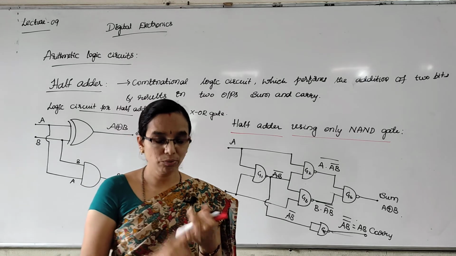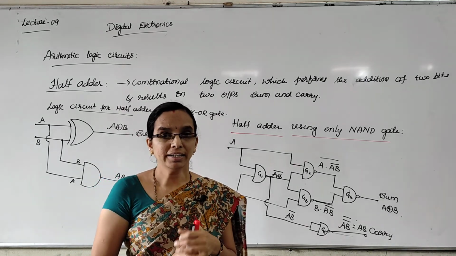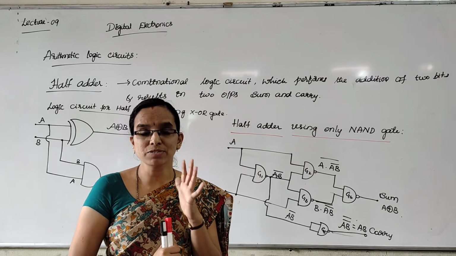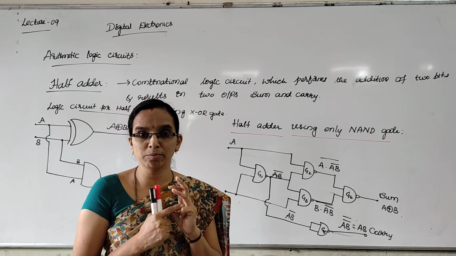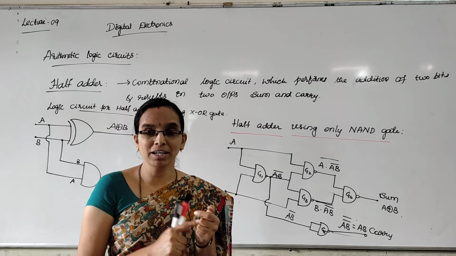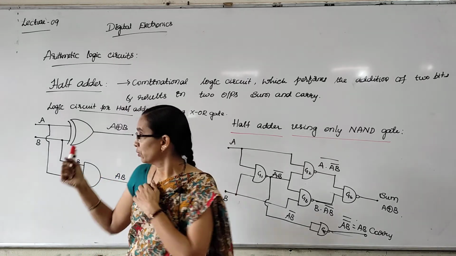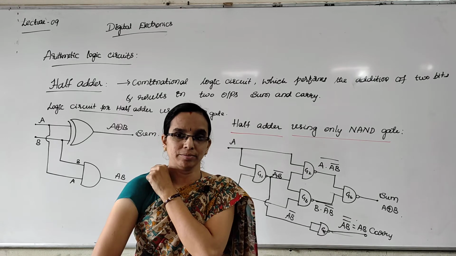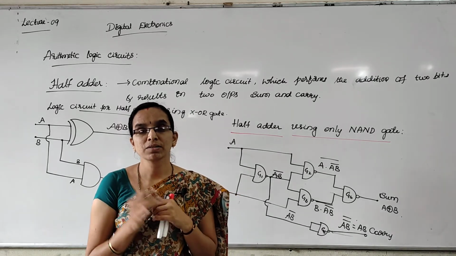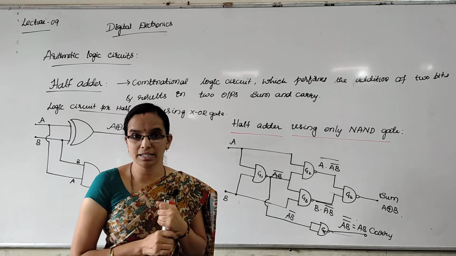If they ask you what is a half adder, write the logic circuit, table, timing diagram and all those things. If it is asked for 5 marks, you have to write the half adder block diagram, also the definition, timing diagram, expressions for the sum and carry, and the logic circuit using XOR gate. Or specifically they will ask you for 2 marks: draw the logic circuit for half adder using only NAND gates.